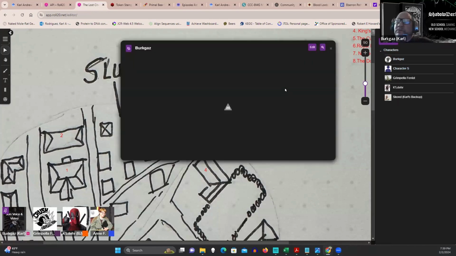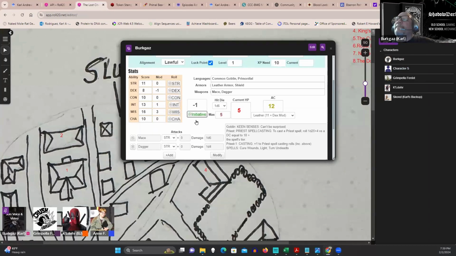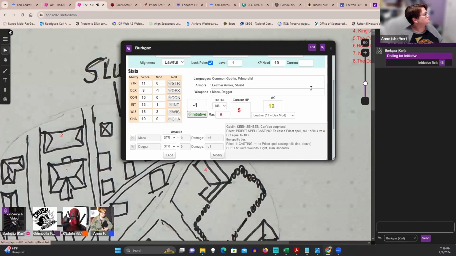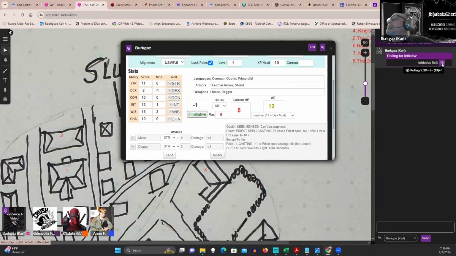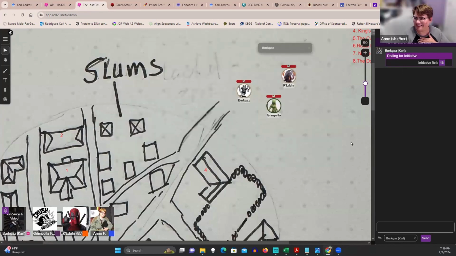Okay, I'm going to open my character so people can see what it looks like. Oh wow! I got rid of my high roll for the evening. Okay, and I will organize the desktop here. Okay, so